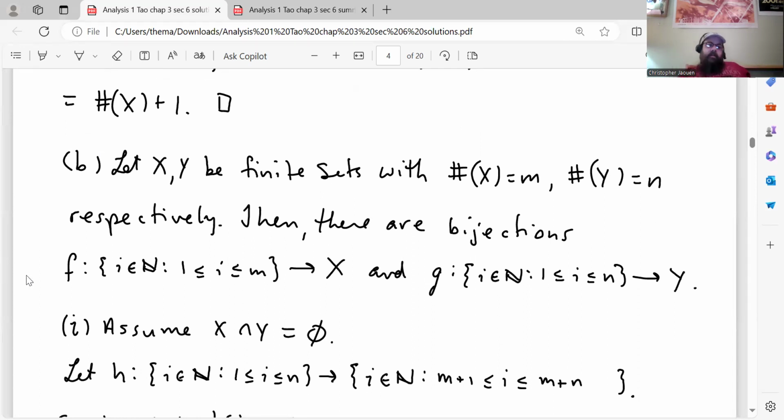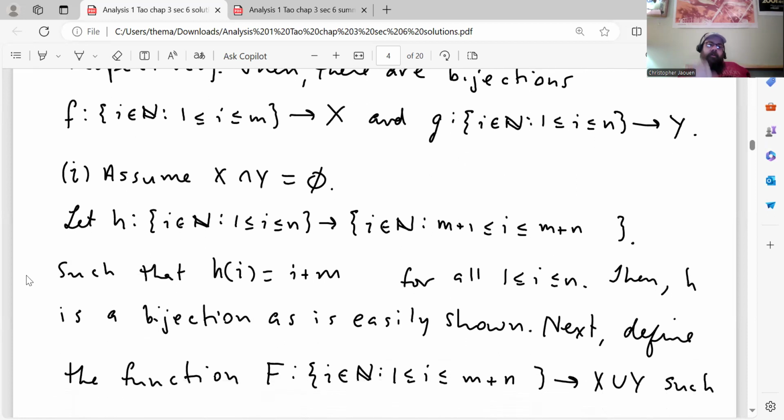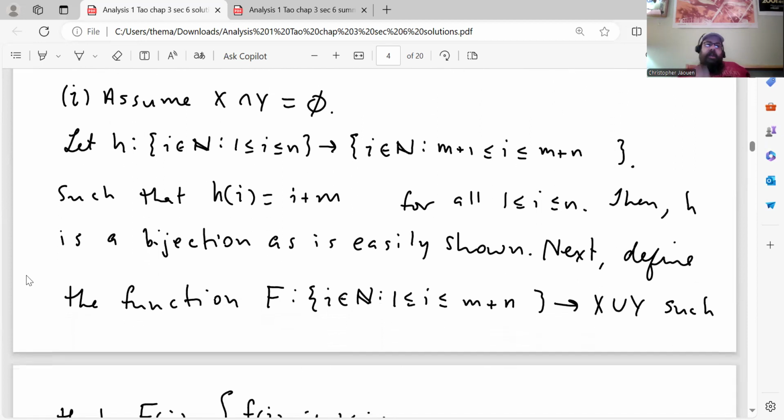All right, part 1, assume that X intersect Y is empty. So we're doing the easy case first. Let H be the function from the set of natural numbers from 1 to N to the set of natural numbers from M plus 1 to M plus N, such that H of I equals I plus M for all I between 1 and N. Then H is a bijection, as is easily shown, but I didn't do it here, just show it's